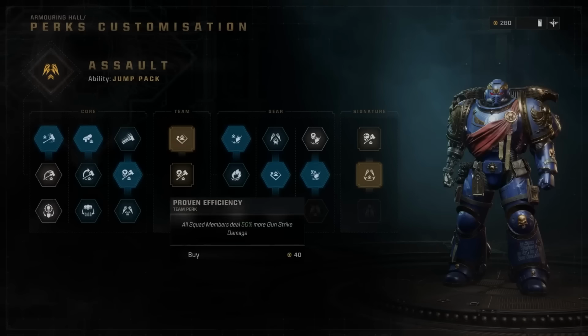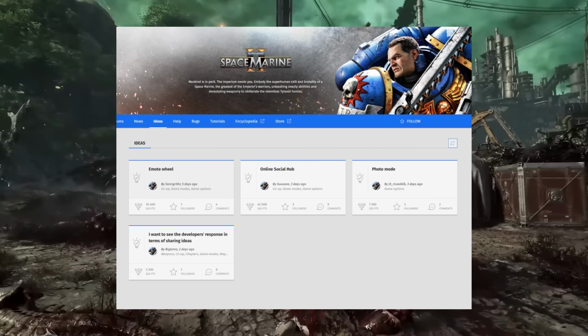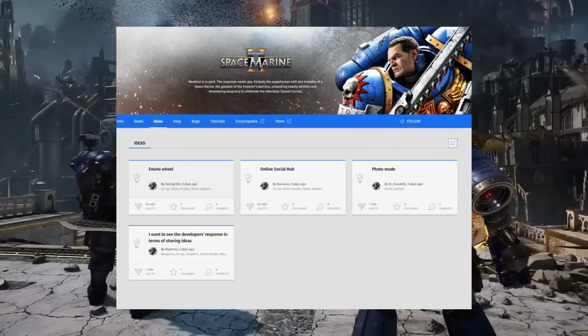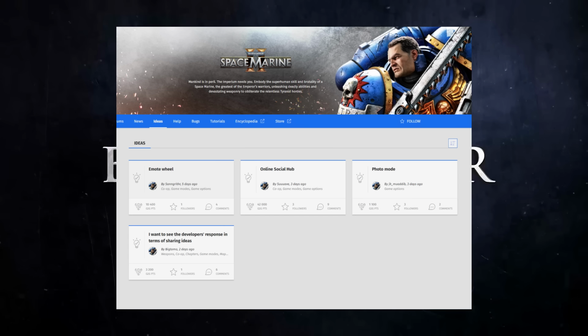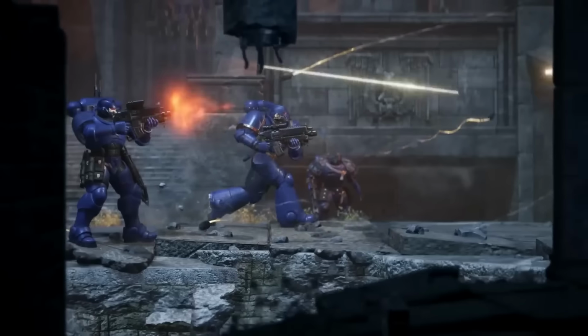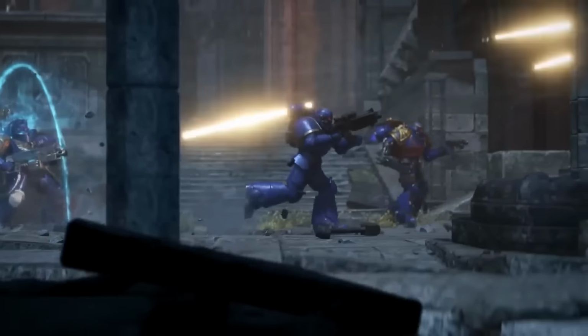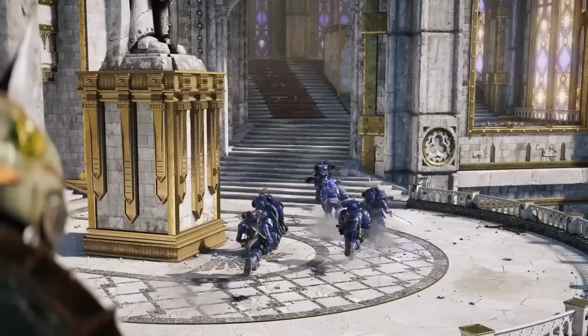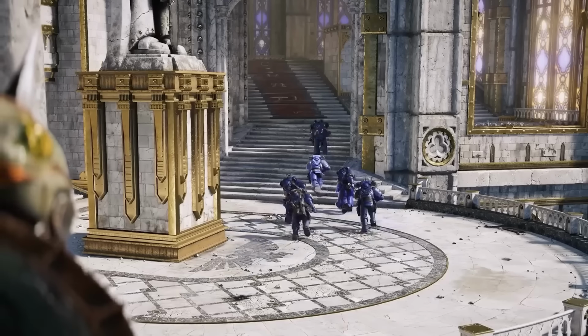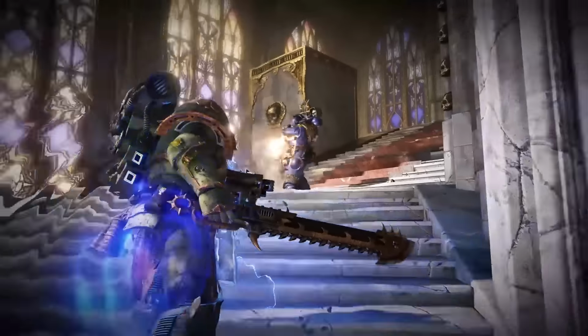And when we take a look at it, there's loads of things on here, such as an emote wheel, an online social hub, photo mode, and the response in terms of sharing ideas. They've actually gone through and done absolutely everything that they can, and I think that this is a really, really good way of being able to do it. There could be some insane ideas that the development team just haven't thought of, but yet people have. So if you've got an idea that you reckon would work in Space Marine 2, head over. The link's in the description via the source material, as always, to go and check it out